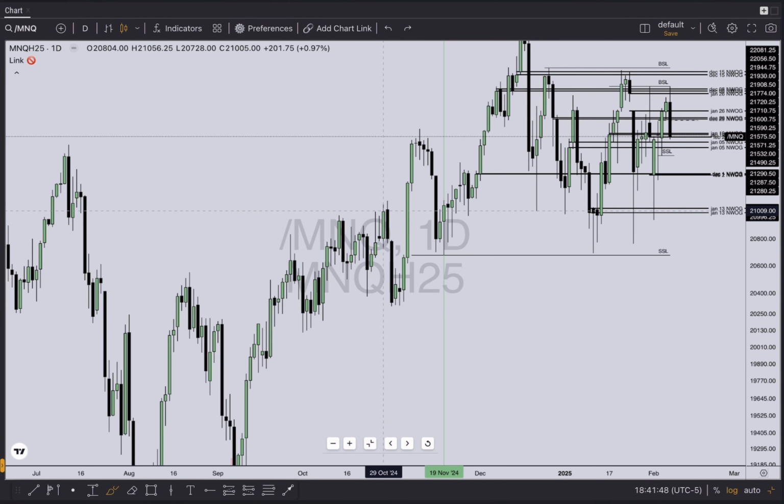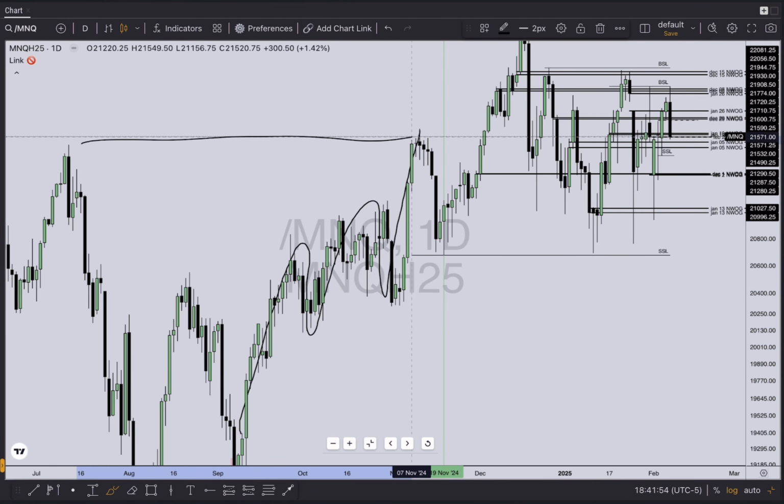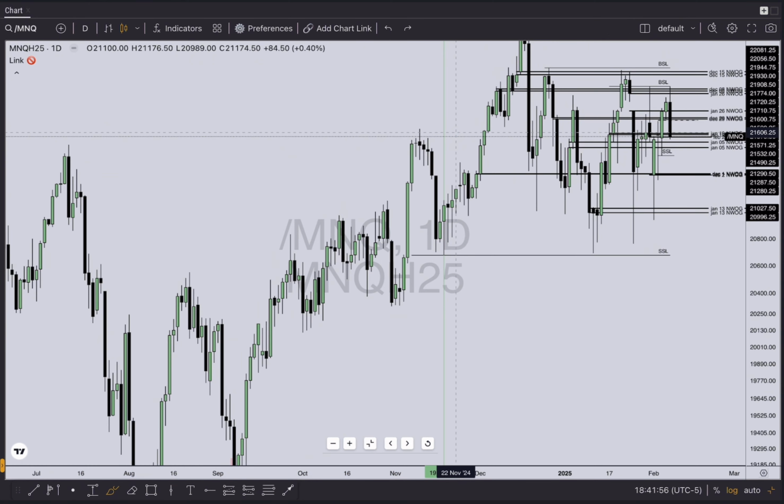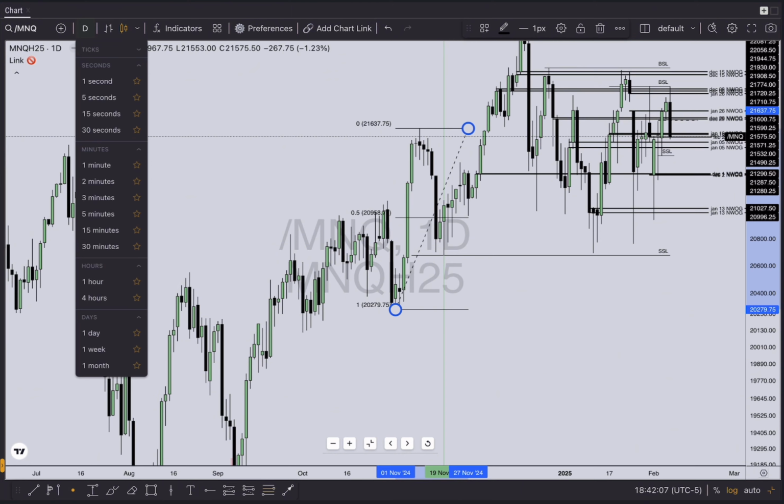So we can see here how price generally was in a bullish trend, obviously, right? We swept this high, cool. We have a retracement to equilibrium, right? This is me coming into the week or the day, and trying to get a gauge on where price wants to go. All right, cool. If we go to the weekly chart,